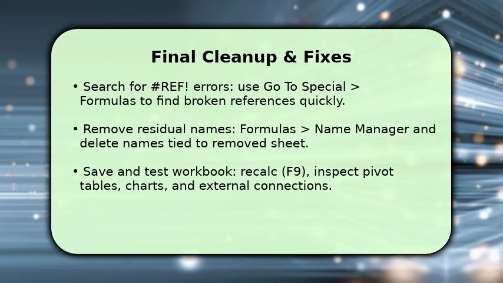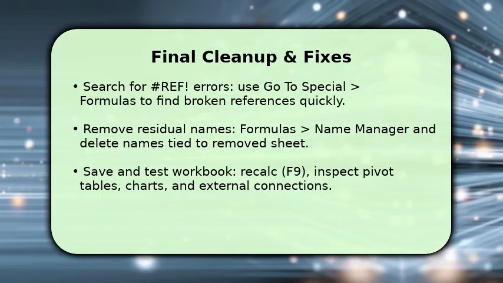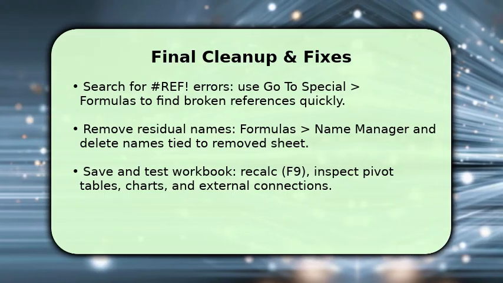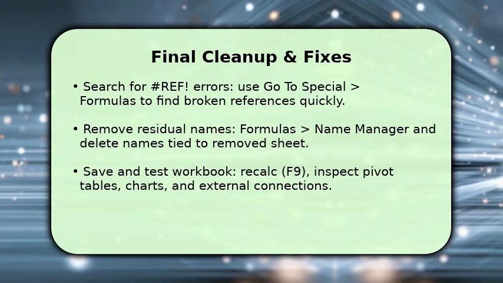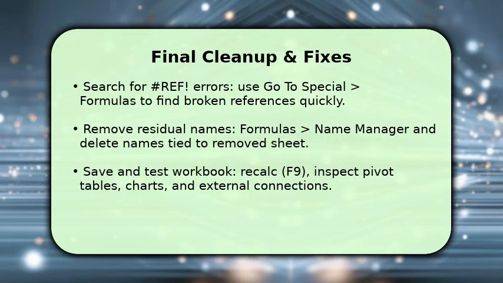Next, open Name Manager to delete any named ranges that reference the removed sheet so they do not linger. Then recalculate the workbook and review pivot tables, charts, and external connections to confirm no data is missing. Troubleshooting tip: if something breaks, restore your backup copy and